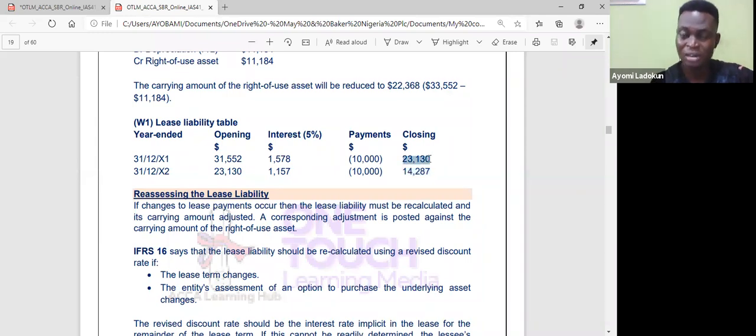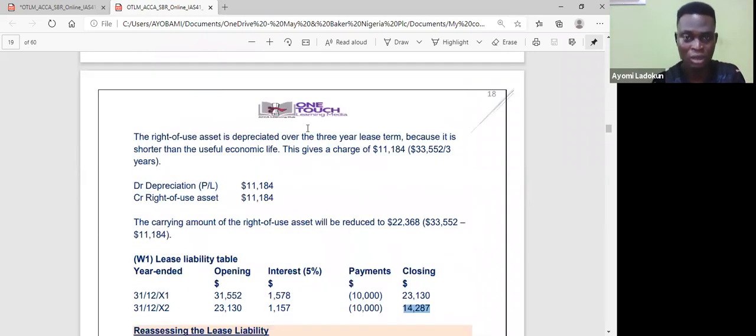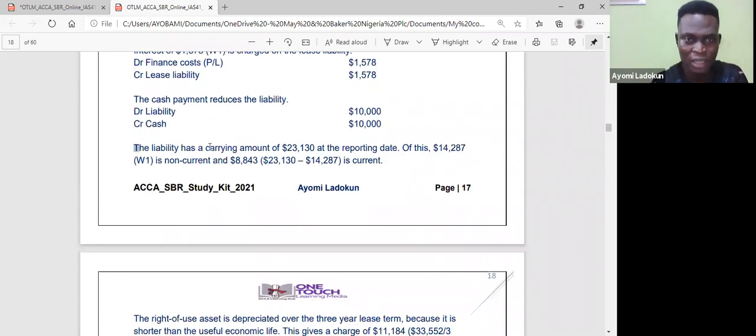So this is the current amount of my liability at the end of year 1. So 14 is going to be due more than 1 year, so it becomes my non-current, and the difference between the 2 becomes my current. So that is exactly what you have here. The liability has a carrying amount of 23 at the reporting date. Of this, 14 is non-current, and the difference between the 2, can you see, is current, which is this